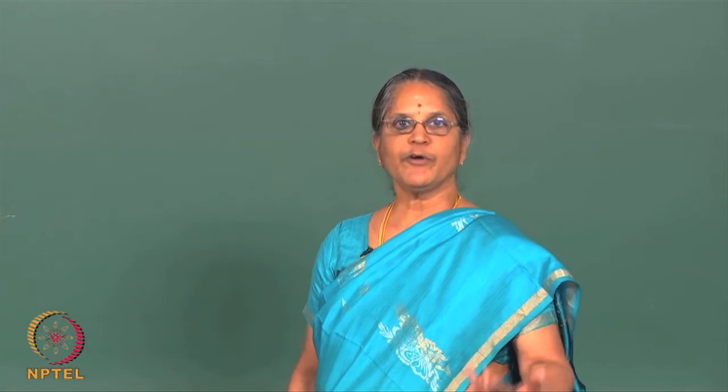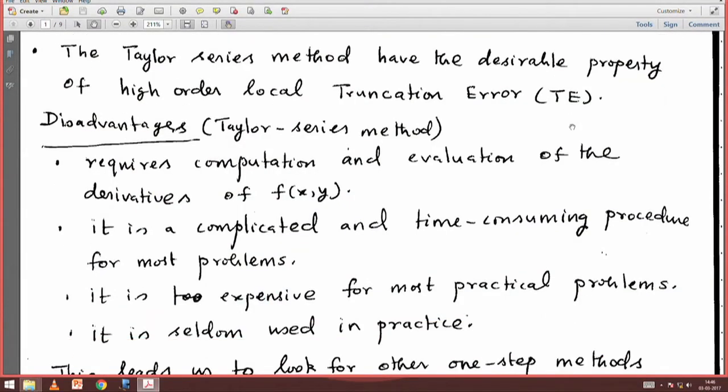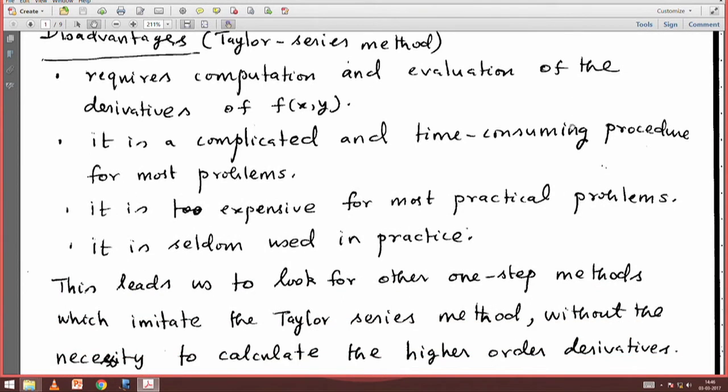So, let us recall what we have stated about Taylor series method. The Taylor series method has the desirable property of high order local truncation error, but it also has some disadvantages, namely it requires computation and evaluation of the derivatives of f of x comma y, and it is a complicated, time consuming procedure for most problems when f of x comma y is complicated, and it is too expensive for most practical problems, and it is very seldom used in practice because of the computational effort which is required to